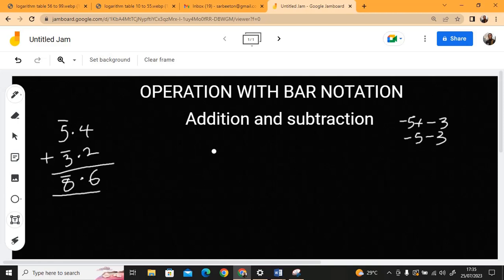Now let's check another solution. Let's assume we are given bar 1.5 plus bar 2.5 plus bar 2.5. Now, let's look at this together. 5 plus 5 is what? Is 10, right? You write 0, point, you carry what? 1. That one you carry is +1. Do you know that? Yes, the one you carry is +1. So what you now have, you have +1,